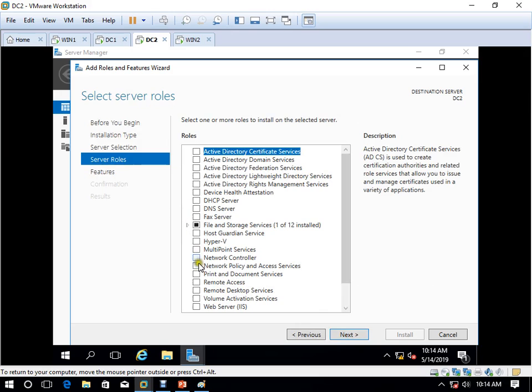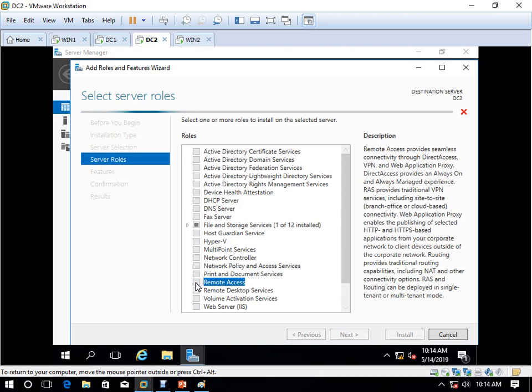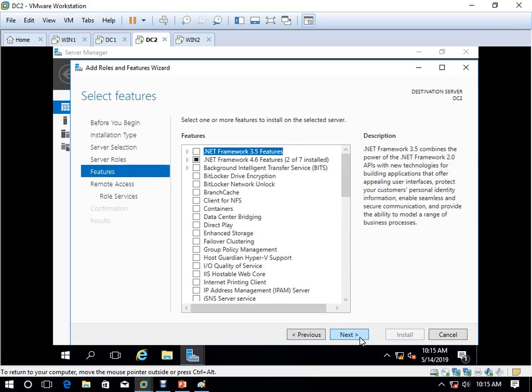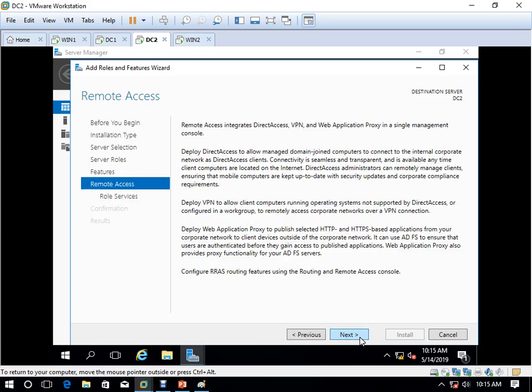Here we are going to install remote access. Okay, next, next, next.